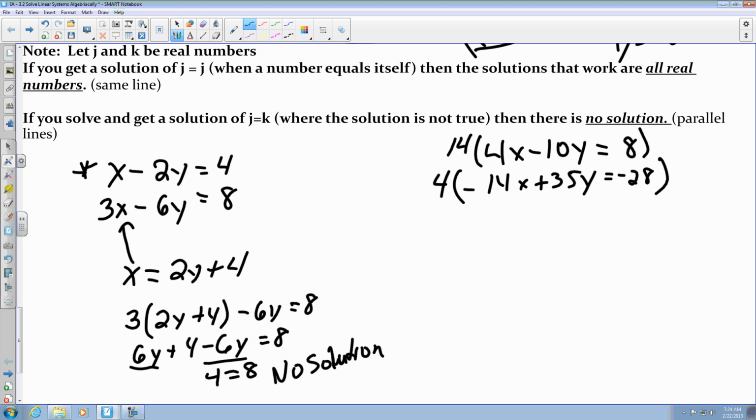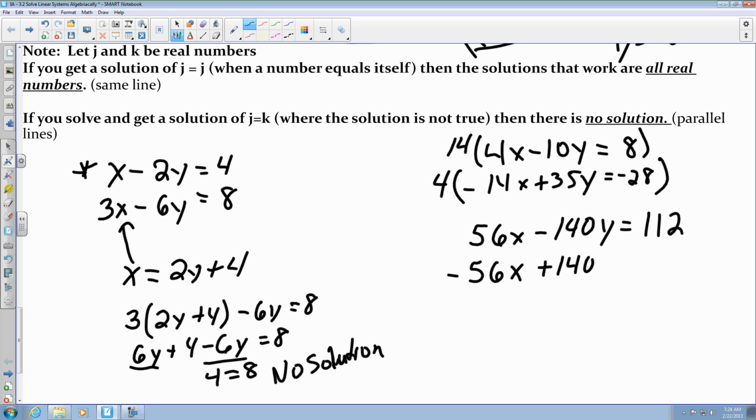So if I distribute 14 to the first equation, I have 56x minus 140y equals 112. Now for the second equation, I'm going to have negative 56x plus 140y equals